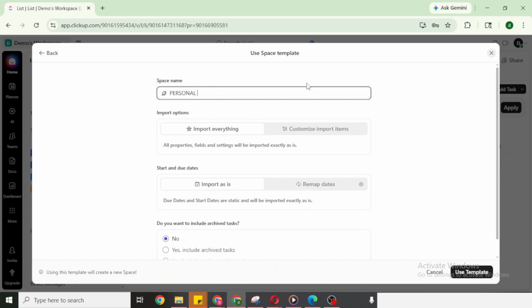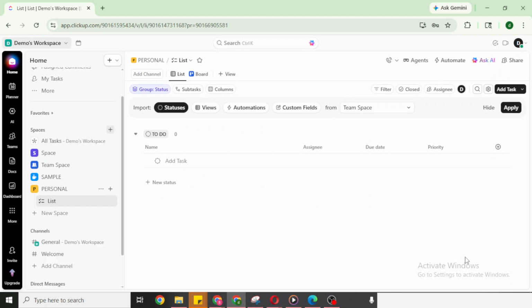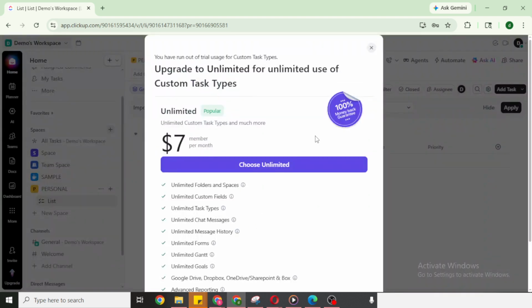If there are sections for habits or goals, rewrite them using your own words and specific outcomes, then connect supporting tasks so each goal has clear next actions. Keep it simple at first. It's better to have a small, accurate system than a cluttered one.